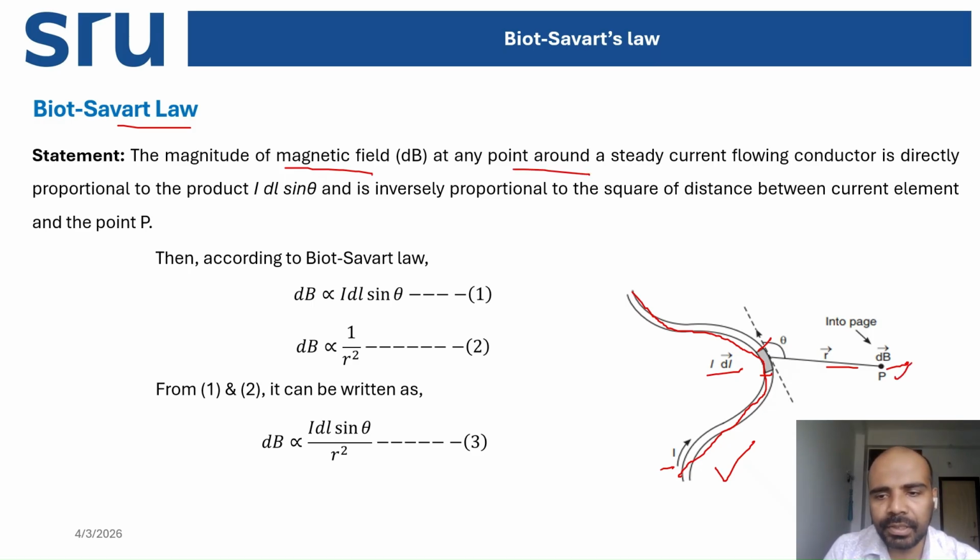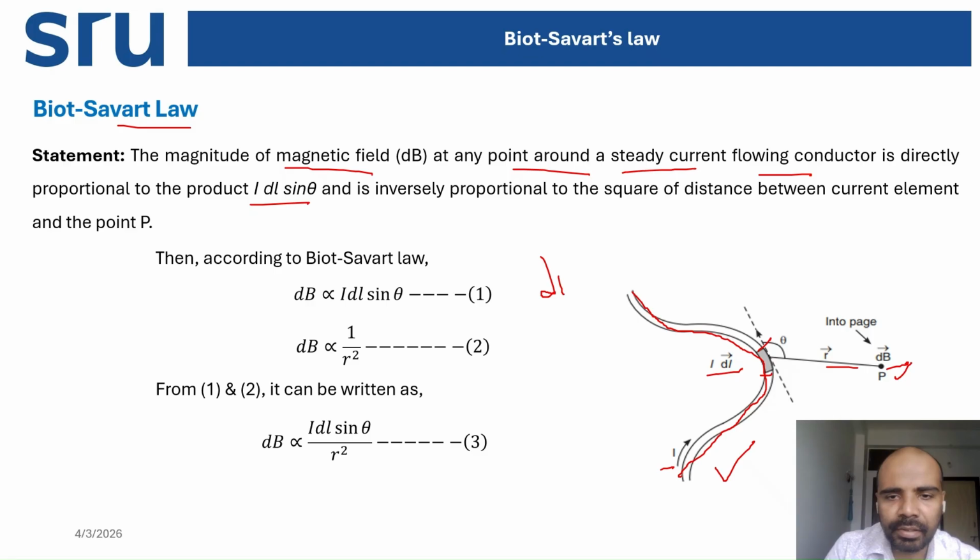Now the magnitude of the magnetic field at the field point P around a steady current flowing through a conductor is directly proportional to I dl sine theta, right? So the magnitude of the magnetic field due to this small current element I dl at a field point P, which is situated at a distance r from this current element, that is, the distance between the current element and the field point P where we need to calculate the magnetic field is r, right? So the magnitude of the magnetic field due to this current element I dl, that is dB, is proportional to